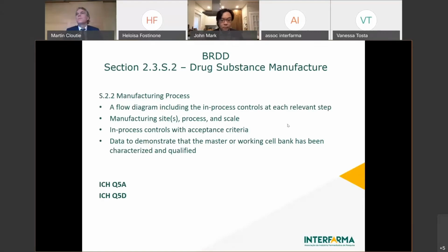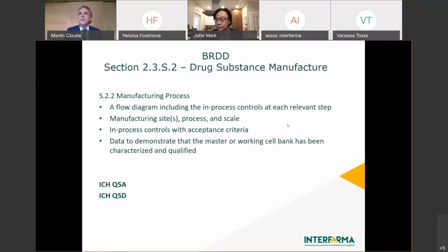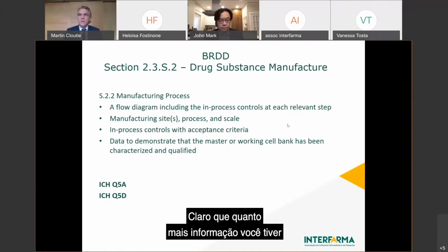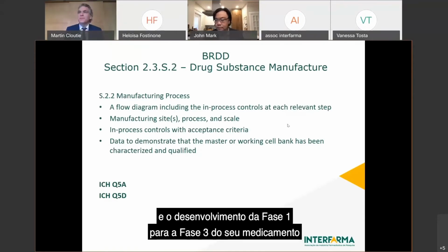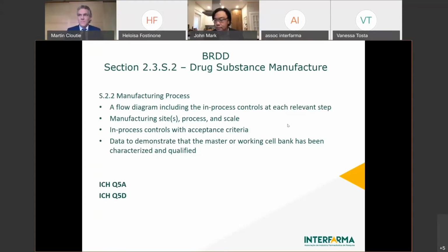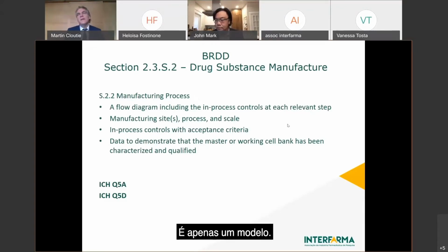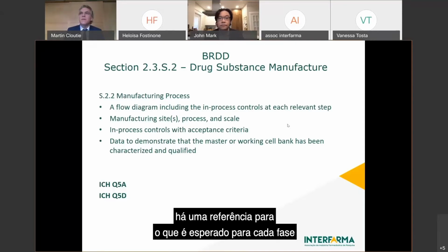So the biological portion of it is also set up a bit differently, similar to what TPD wants. Of course, the more information you have in the development, from phase 1 to phase 3 of your drug, it's expected that you provide it. Although with the biologic, they don't have 3 separate templates. It's one template, and in the comments there's a reference for what's expected for each phase